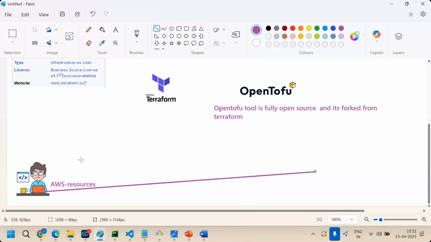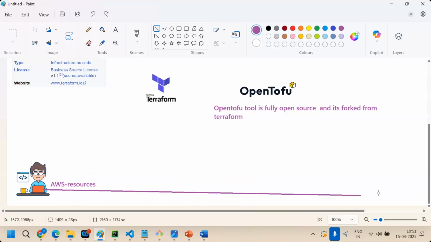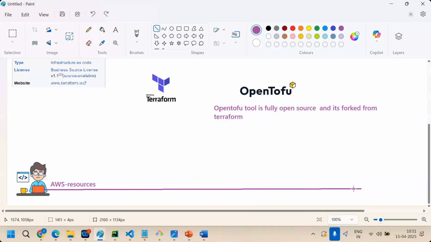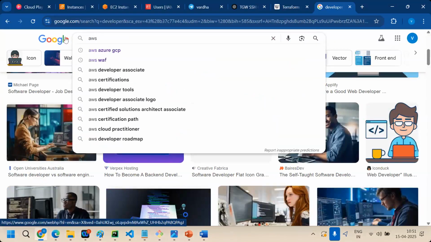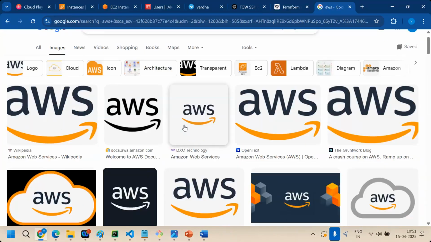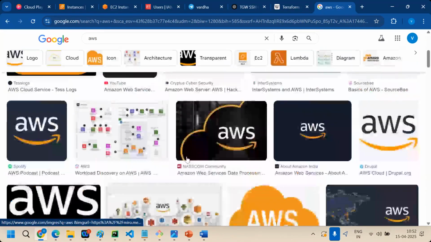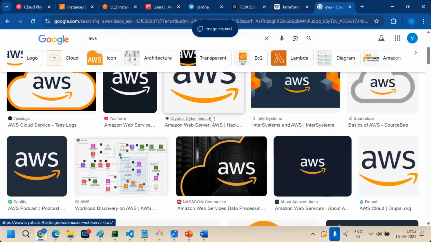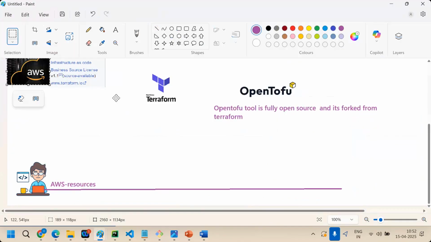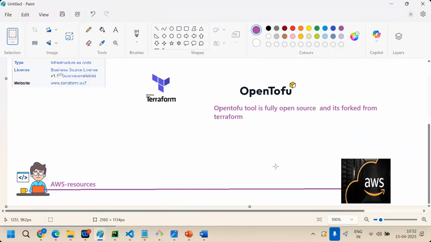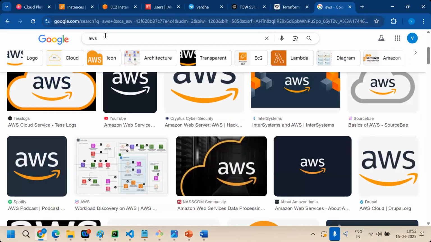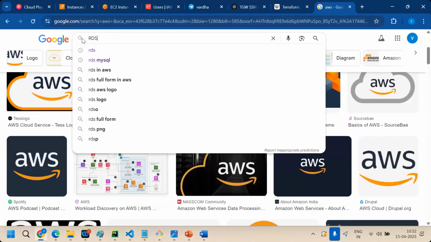For example, I'm creating a resource like EC2 or RDS, let's say RDS.